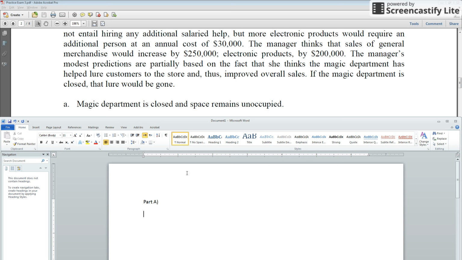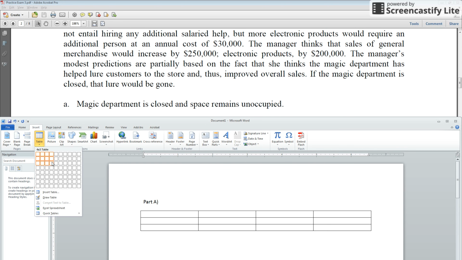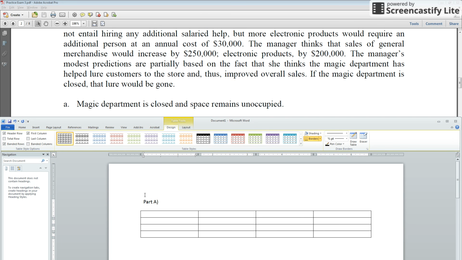In the first part of the question, it's asking what if we close the magic department and the space remains unoccupied. So we have to create a table to see what cost we are avoiding by closing